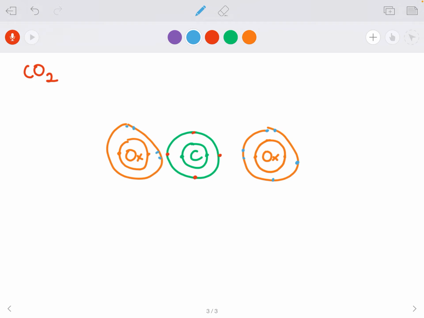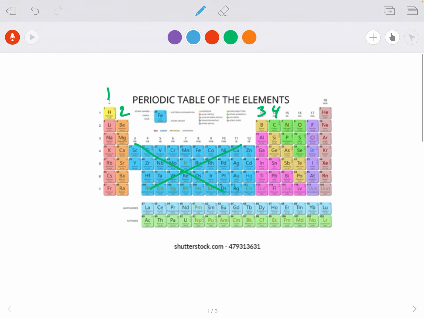1, 2, 3, 4, 5, 6. Where am I getting 6 from? It's in column number 6. 1, 2, 3, 4, 5, 6. Other way to remember,